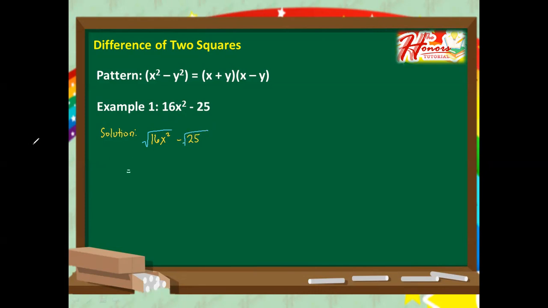And then let's get the square root now. So square root of 16 is 4. Square root of x squared is x. Why is it x? It is because our index here is 2. So we have to divide the exponents. 2 divided by 2 is 1. There is 1 here, but it is invisible because it is 1. When your exponent is equal to 1, automatically it should be invisible. Then, after that,